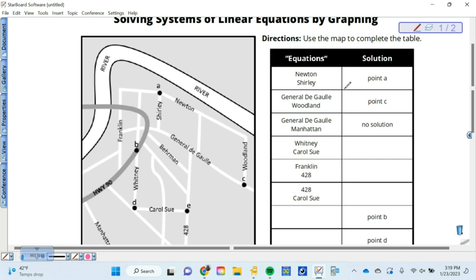Nope, it's saying where do those two roads intersect? Where do they cross? Do they cross? No. So what happens when we get the